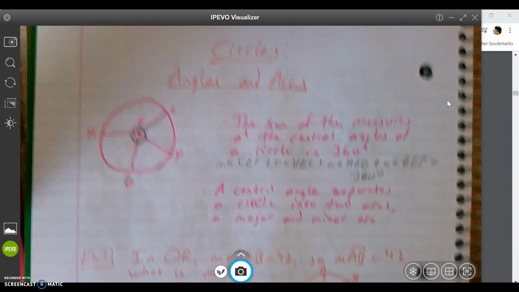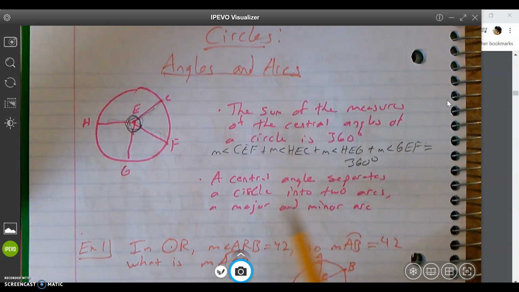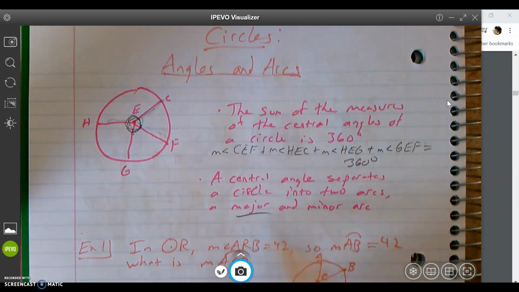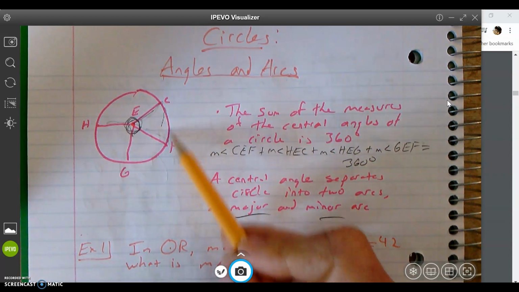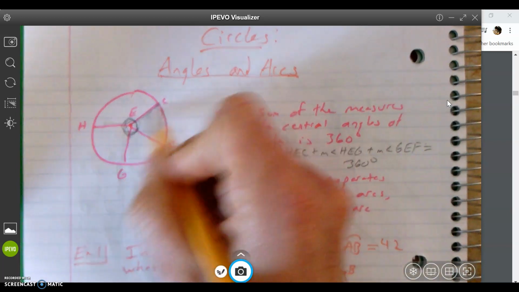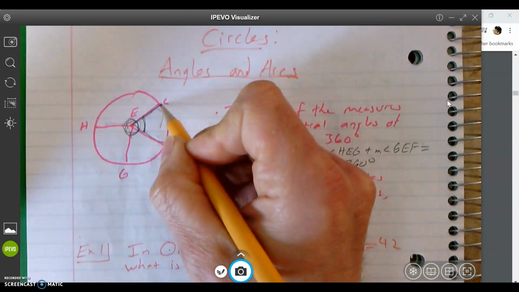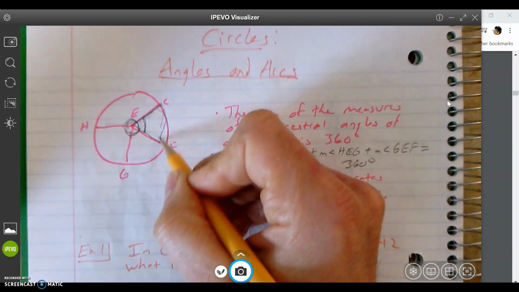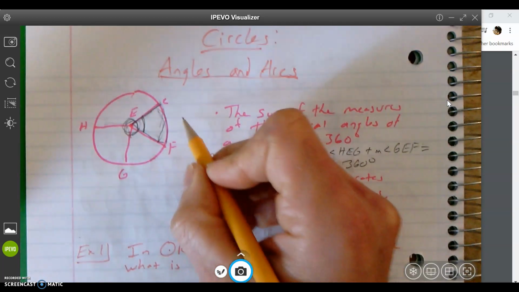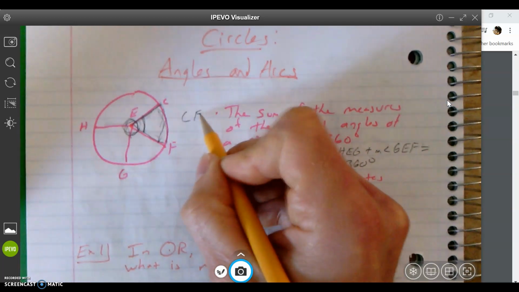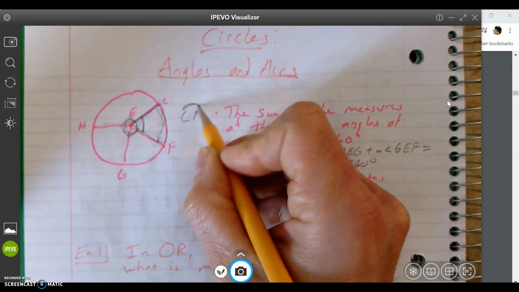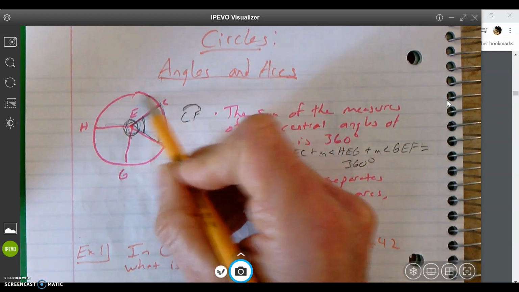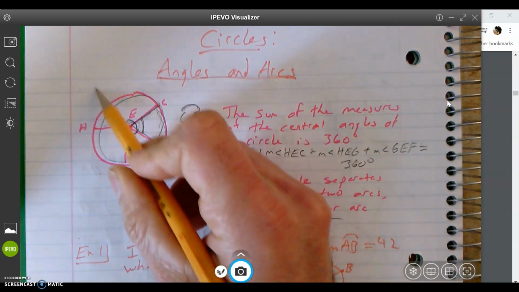Cool. Another thing you have to know is that a central angle separates a circle into two arcs, a major arc and a minor arc. What is an arc? An arc is a portion of the outside of the circle. So this central angle right here, CEF, gives a minor arc right here. The minor arc would be CF, and you draw a little curvy line over it, which means arc. The major arc is this big arc over here, which would be CHG